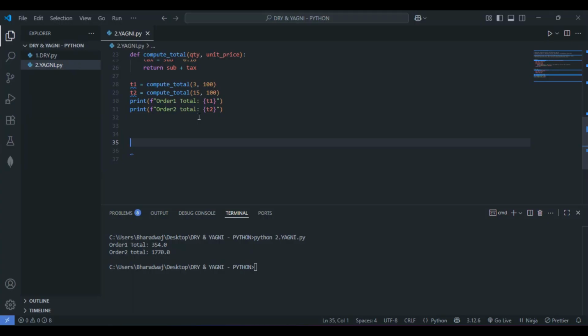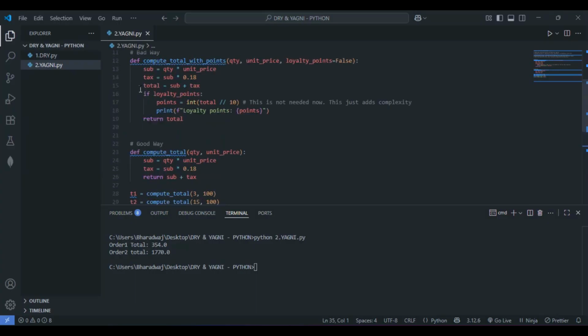I've covered the coding part as well as the output explanation part. Let me summarize whatever we have learned so far. What YAGNI focuses on is that we build only what is required right now. YAGNI just focuses on what we need currently. It avoids wasted effort and reduces complexity. And finally, with the code, if loyalty points are needed in the future, we can add them when the requirement arrives.